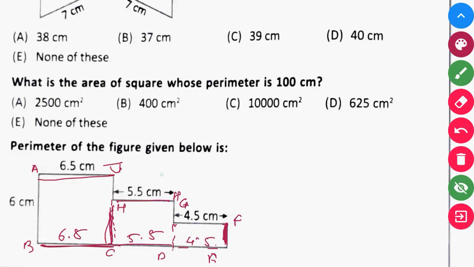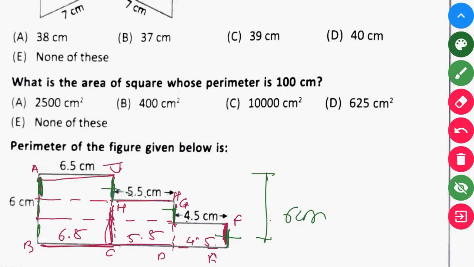See, we don't need to calculate the length of this portion because if we draw the imaginary line, this portion is equal to this portion is equal to this portion. I show with a different color. This portion is equal to this portion, this is equal to this, and this is equal to this. So whole length is 6 centimeter. Because we have to calculate this also, no? But we don't have any idea. So now add 6 plus 6, 12. Now 4.5 plus 5.5,